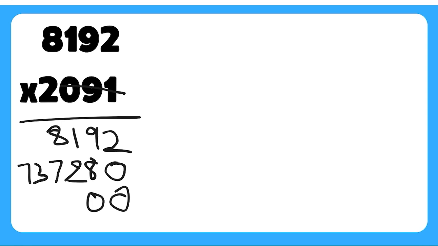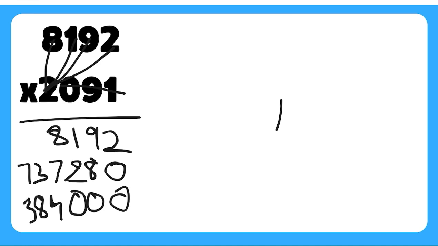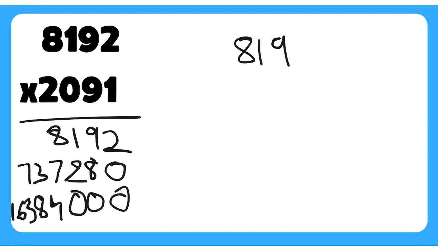And now we will move on to 2. So for 2, we will have to put 3 zeros. Now 2 times 2, which is 4. 2 times 9, which is 18. We will put the 8, 1 carry. 2 times 1, which is 2, plus the 1, which makes 3. And now 2 times 8, which is 16. Oh, there's not much space. It's okay, we have to add now. So we have 8192 plus